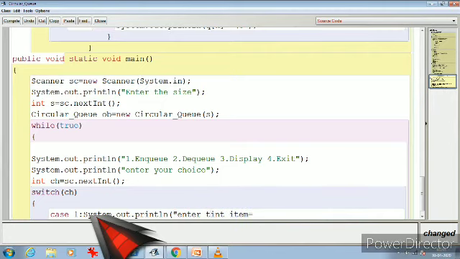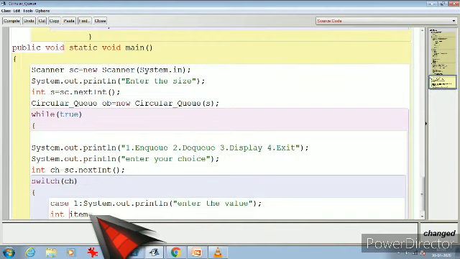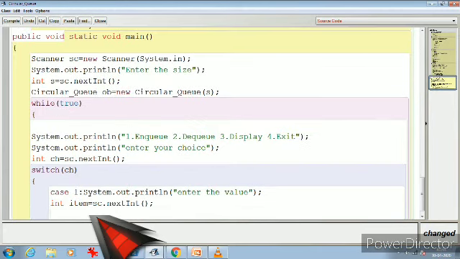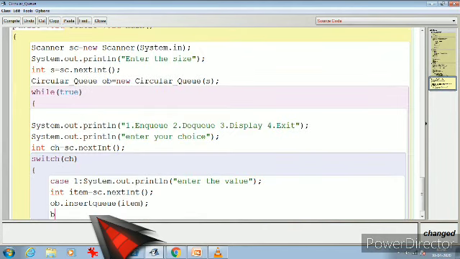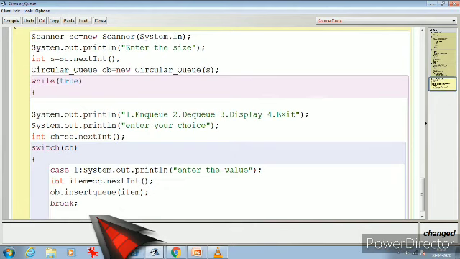So let's take the value item, but before that let's ask the user to give the value: enter the value or element. int item equal to sc.nextInt(). Now I'm going to write ob dot, my method name over here is insertQ, so I will write insertQ and pass item. And now break.